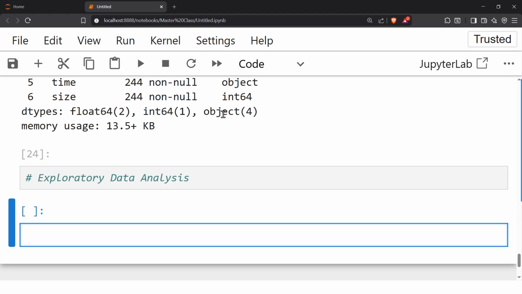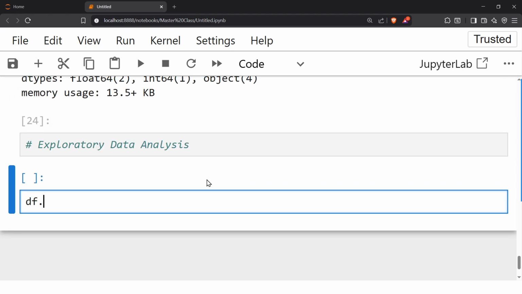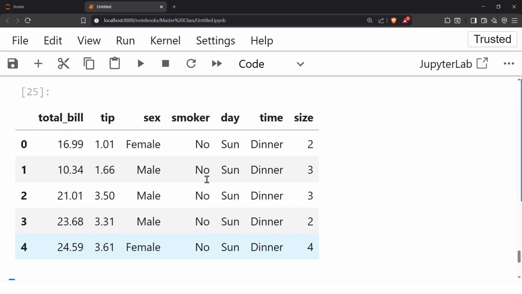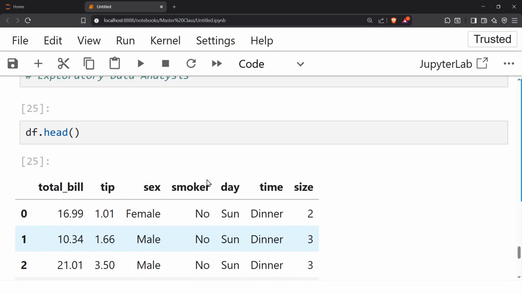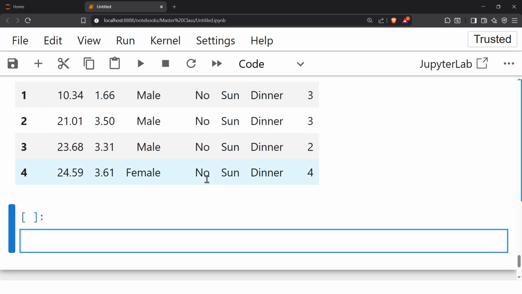So let's see. I want to get the first 5 records. So df.head we need to use. As you can see, this is nothing but the first 5 records here. Next thing, let's say I want to find out the duplicate records, and I bet you that